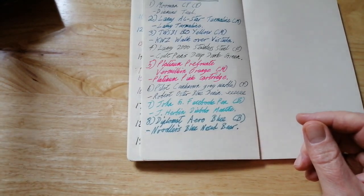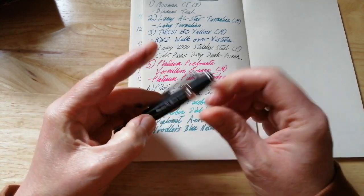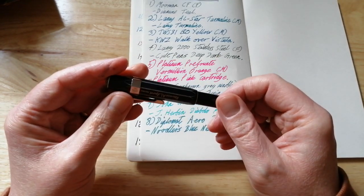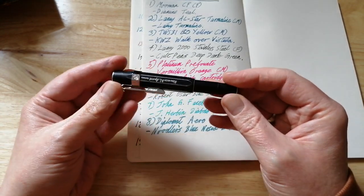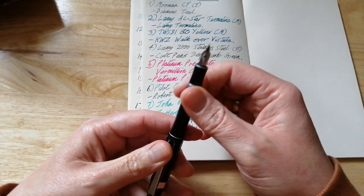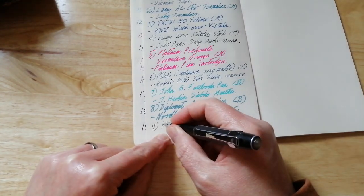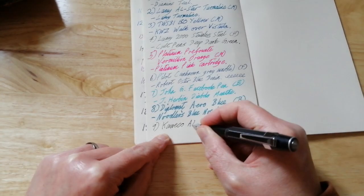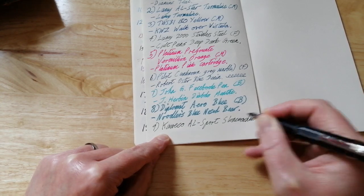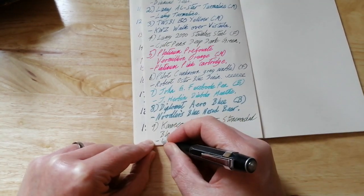Next pen, one of my very shortly to be published reviews, the Kaweco All Sport Stonewashed Black. So it's an aluminium, I think it's aluminium, fountain pen. So it's all metal, but it's got weight to it, but not too heavy. It's not a great chunky heavy pen like another pen that you will be seeing shortly. Kaweco. This is a fine nib in this pen, and this ink is Beaufort Inks